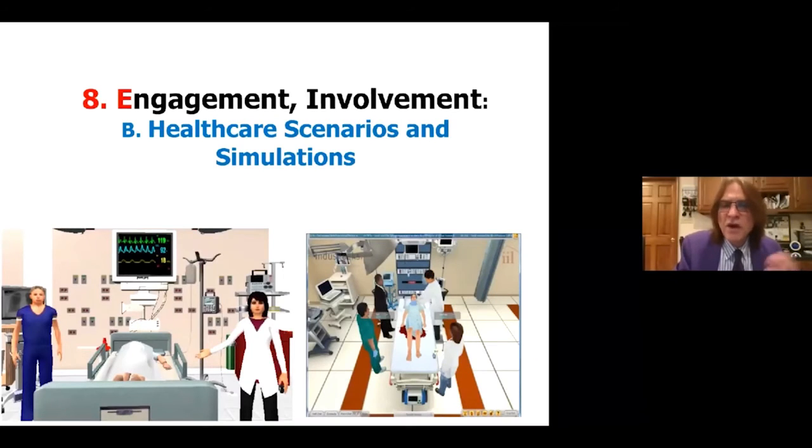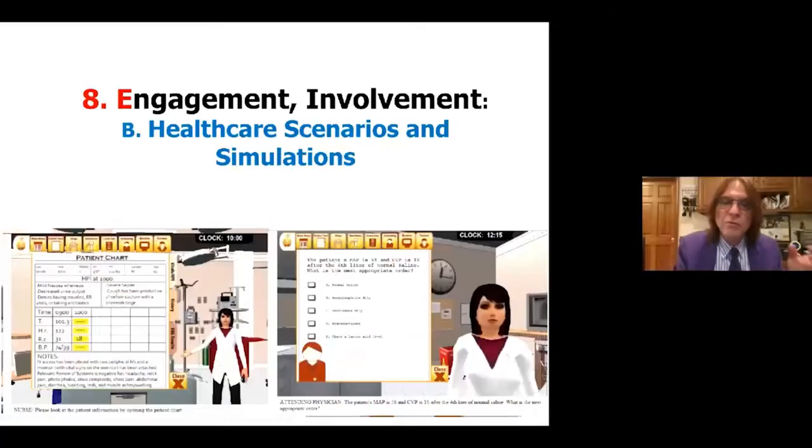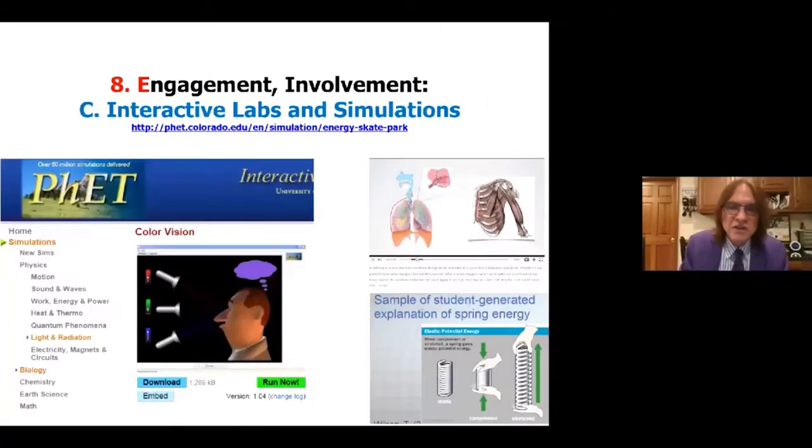Number 8 is engagement. So healthcare simulations and scenarios that students might solve. You might give them a problem with a set of data that they have to go through and solve that data set for the patient. There's a free website from the University of Colorado called PhET. PhET has little simulations or microworlds in physics, biology, chemistry, earth science and math, and much more. And they might have a simulation on sound and waves, or heat and thermodynamics. Short little scenarios or episodes. What we used to call, when Sharonika and I were in graduate school, microworlds.